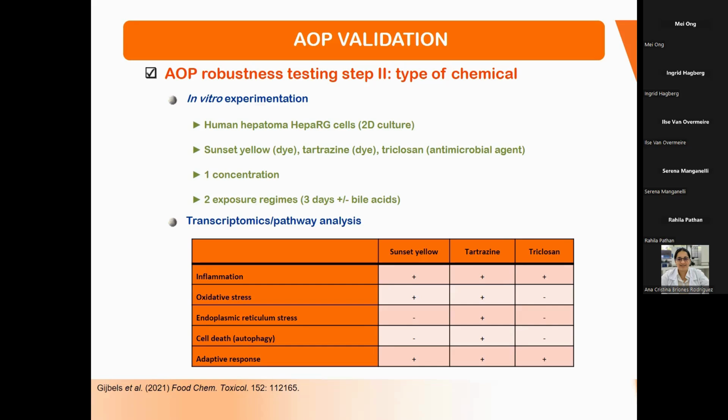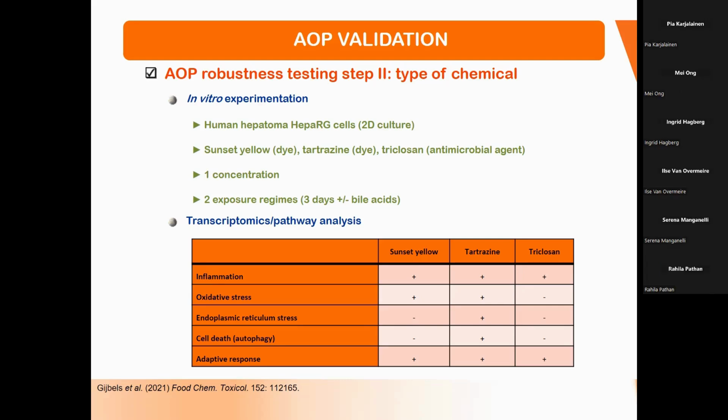We went through the entire same procedure as I exemplified in the first step. So again, we exposed these cells in vitro to these compounds in a number of conditions. We did transcriptomics analysis. We checked for the most important key events and a bit of an excerpt of the results here. You can see here. Bottom line is that this tartrazine, which is a dye that is approved as a dye for example, used in foodstuff, that it would, at least based on the AOP, would be predicted as an